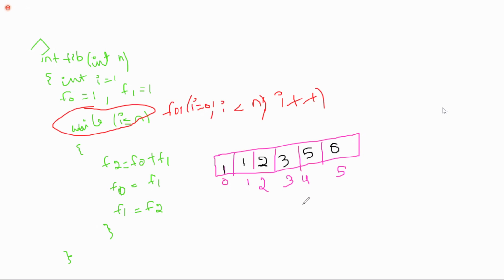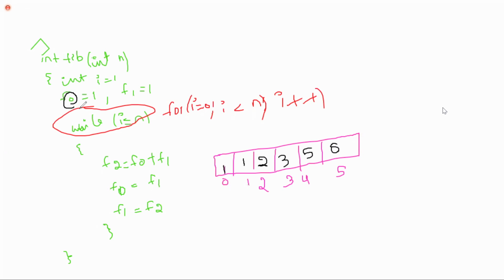But when you come to the iterative method, that is the tabulation method, first I'm initializing the 0th position and first position. Zeroth position and first position means I'm using the last values. That is bottom-up approach. Zeroth value is not the nth term, it is the last term. So you can call this the bottom-up approach. So the memoization method is top-down approach, and the tabulation method is bottom-up approach.